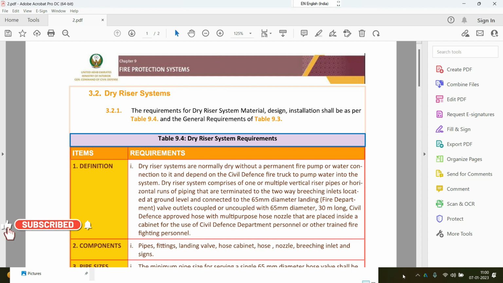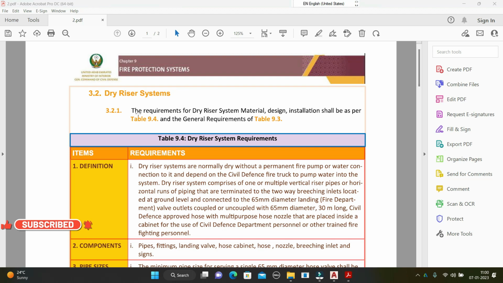In the dry riser system, see, the dry riser systems are normally dry, without a permanent fire pump or water connection to them, and depend on the civil defense fire truck to pump water into the system. It means that